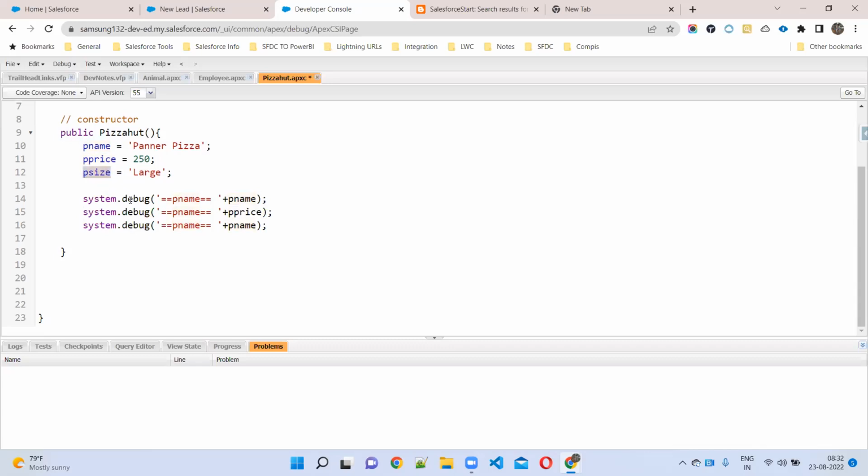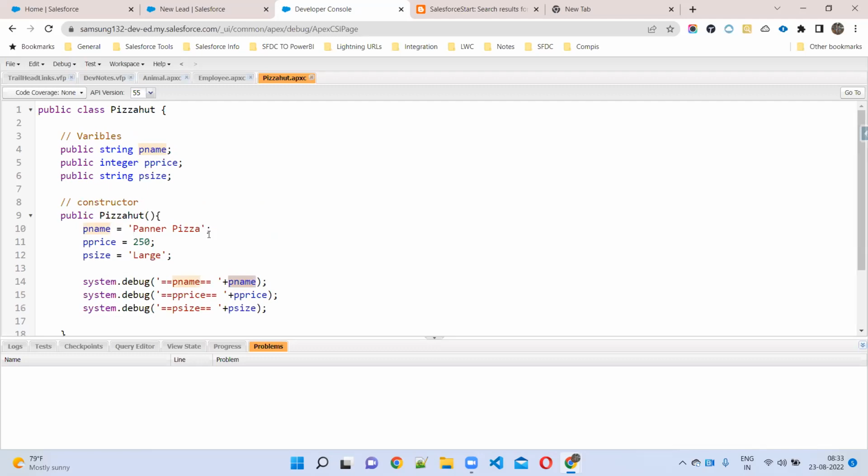So price, pizza size. Here I can give the pizza name, or you can give the same name also here, like pizza. This one also is fine, madam. You can understand clearly. Okay, these variables are being printed. If we give this one a label, the same variable here is also fine. So what I'm printing here, that variable name you can give here, so that you can understand clearly. You can use pizza name or the same variable name. Anything is fine. Just understand what is your convenient way.